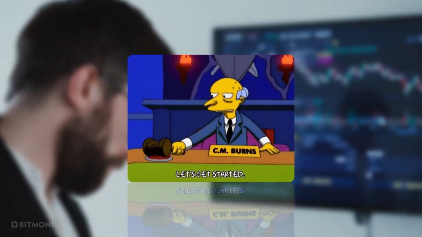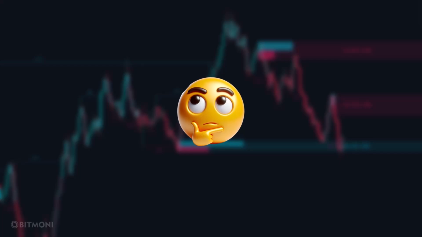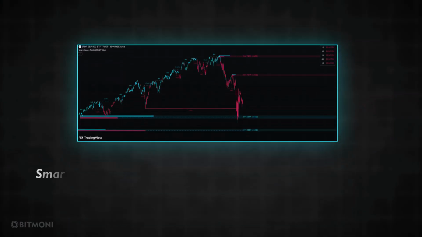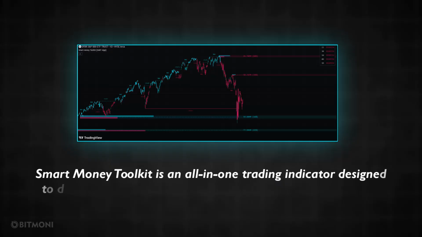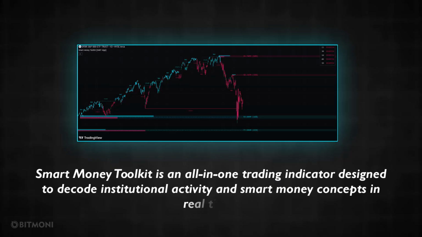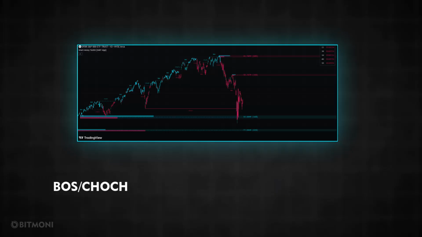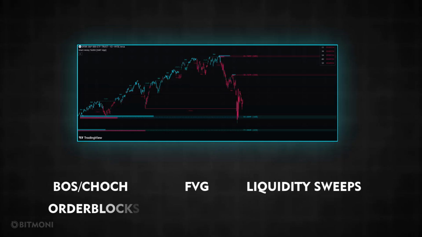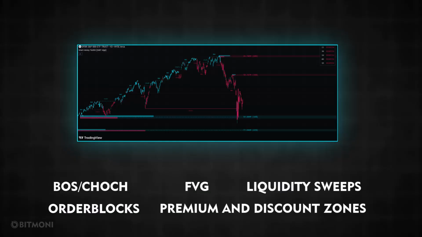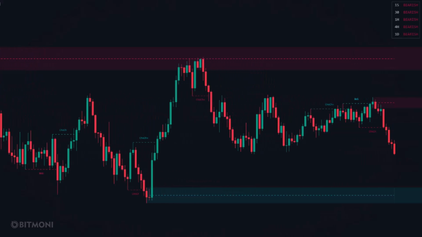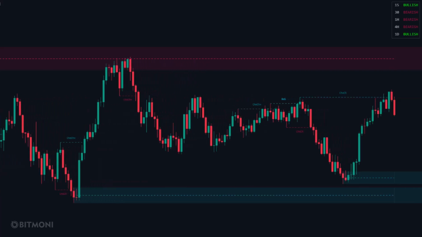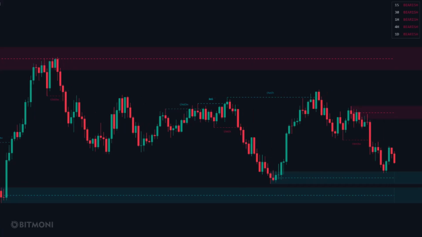Now, let's dive in. First, what exactly is the Smart Money Toolkit all about? Smart Money Toolkit is an all-in-one trading indicator designed to decode institutional activity and smart money concepts in real time. It automatically detects key market structure shifts, like break of structure and change of character, highlights fair value gaps, liquidity sweeps, order blocks with volumetric data, and visualizes premium and discount zones. With dynamic structure filtering, multi-timeframe analysis, built-in alerts, and more, it helps traders spot high-probability setups and trade with the